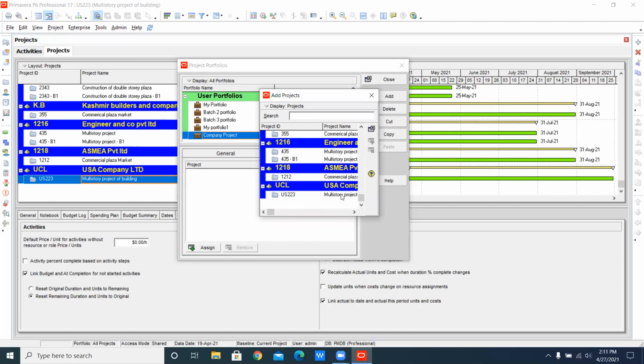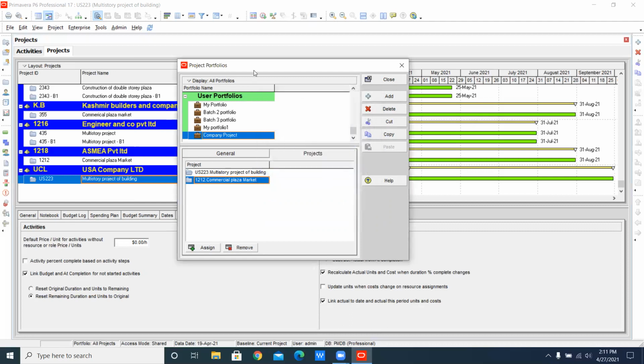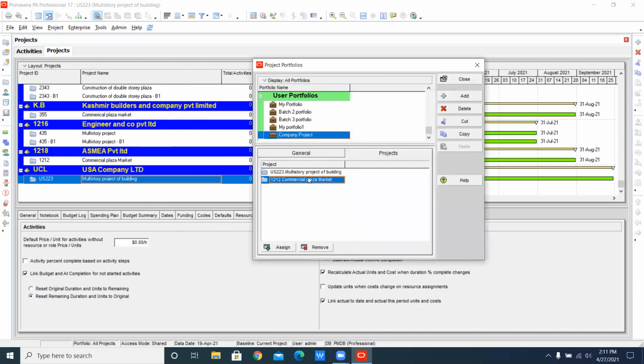First of all, I select this project, and I select the Commercial Plaza Market, the Esmia Private Limited company. After assigning this one, I will just close. Now remember that I have added only two projects here. This is your company, like a project portfolio, and you have to add the project here because you are going to add a new project here.